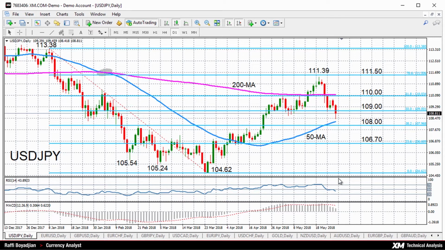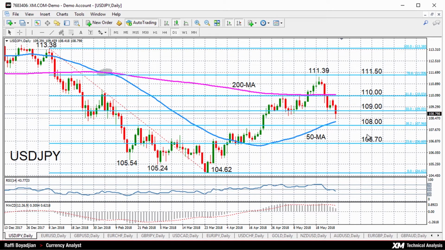We can see the pair is looking rather bearish at the moment. RSI has just fallen below the 50 neutral level. The MACD has also weakened in recent days. It's trading below its red signal line. We're likely to see near-term support coming from the 50-day moving average at around 108.20. Just below that, we have the 38.2% Fibonacci retracement of the downleg from 113.38 to